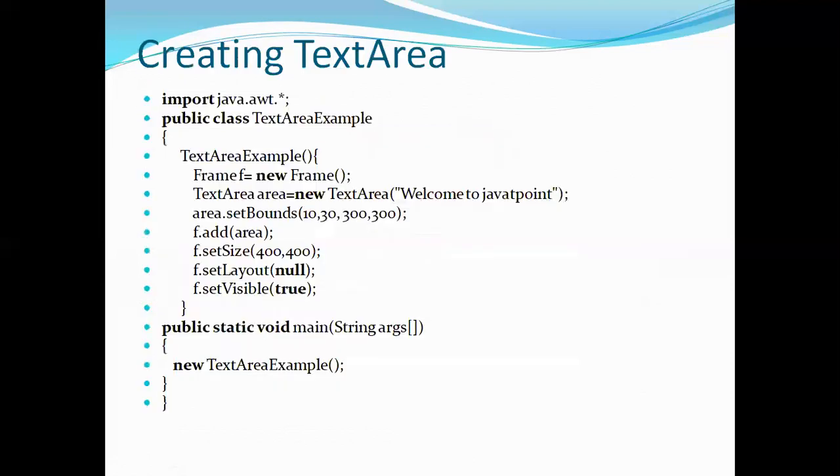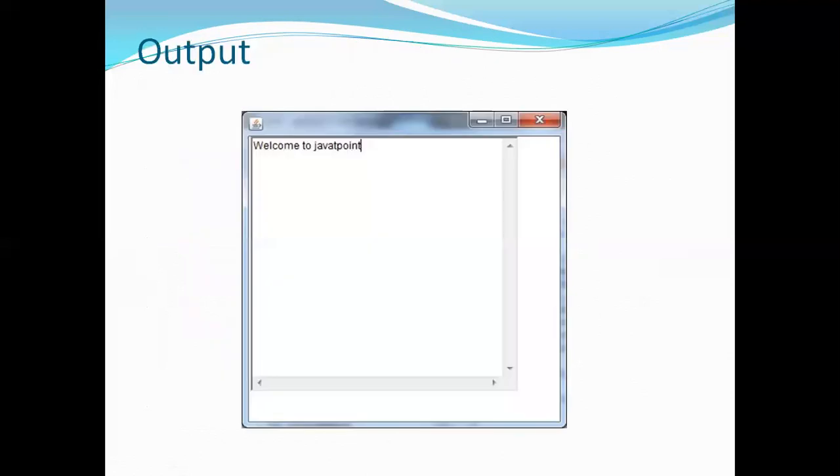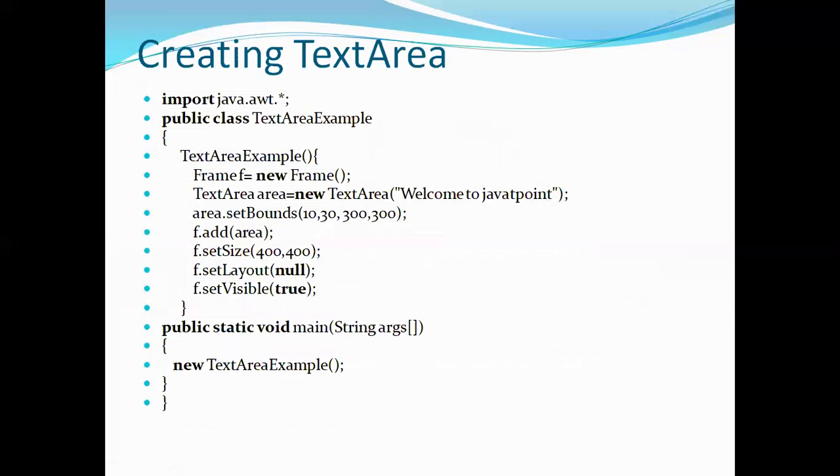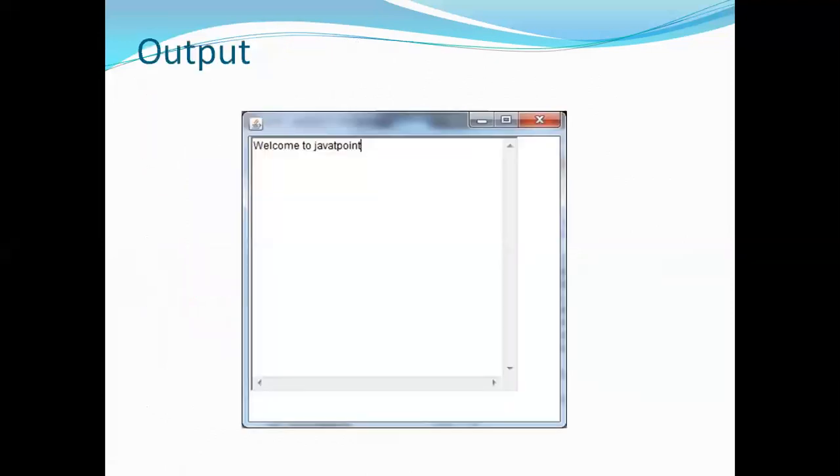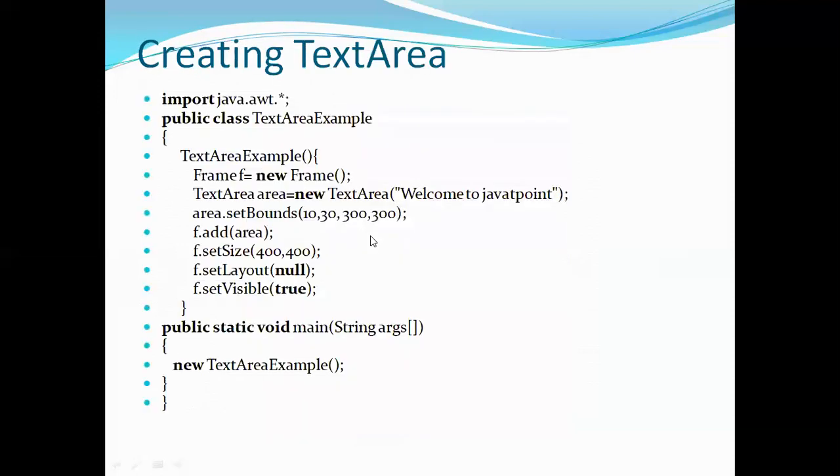Next, let's see how to include a text area. A text area is a box where you can write some lines of text. Let's see the output here. Sorry, text area means you can write some number of lines of text. It will be like this. If you observe this, you have a frame here. Inside the frame you have some area where you can write some number of lines of text. Now let's see how to create this and how to include that in the frame.